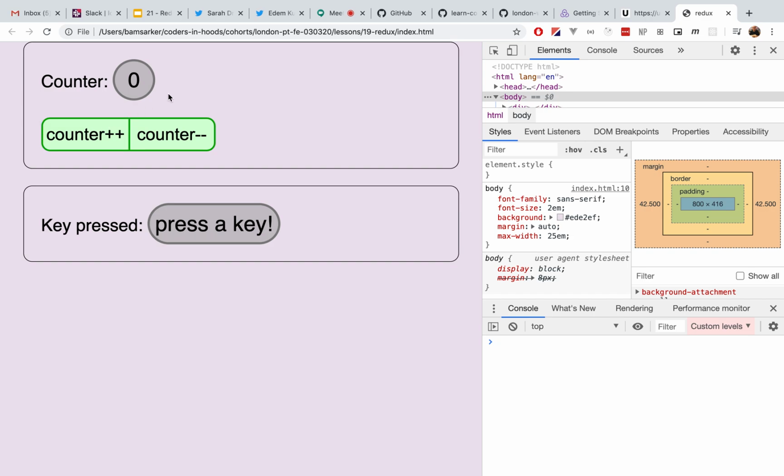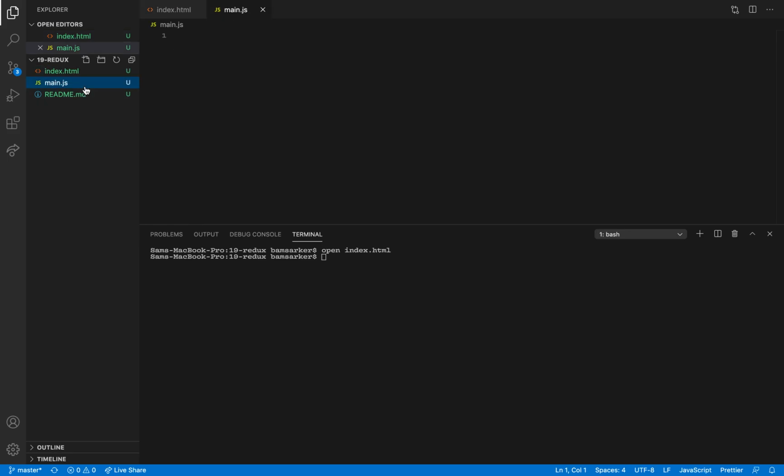So we have some counter buttons that are going to increase and decrease this counter. We've also got a separate part of our page that is kind of unrelated to this counter, that is just going to show us the key that has just been pressed. I'm sure I've done stuff like this with you before, but this time we're going to use Redux. So in main.js,